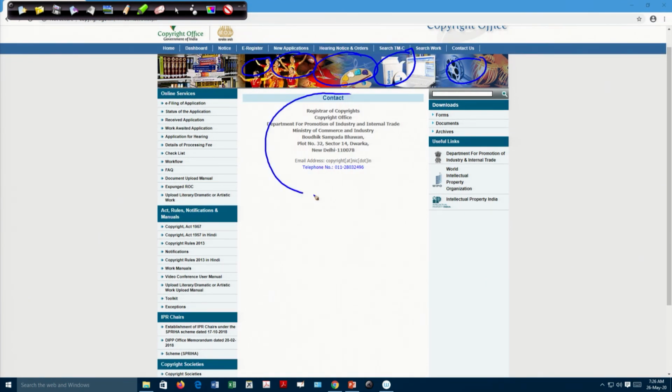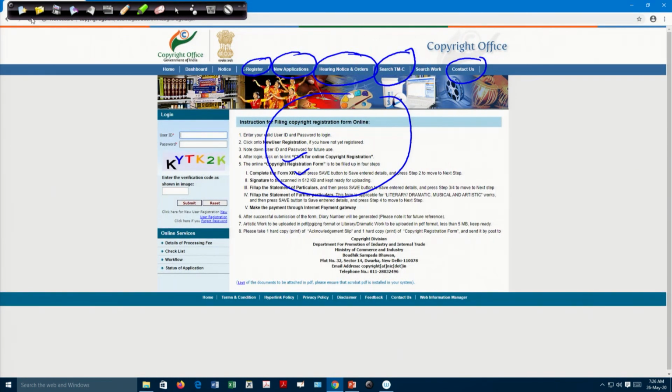Here you can see the contact, and here the email ID and a telephone number is there. Now, we will go to the e-filing application. Now, here if you see the e-filing application, you have to do the registration,